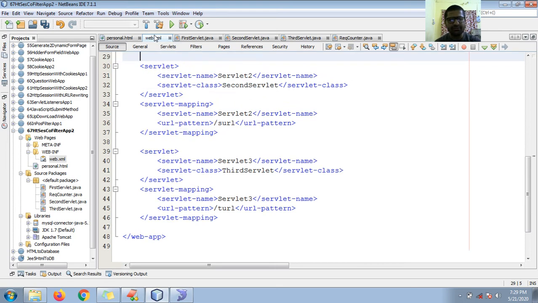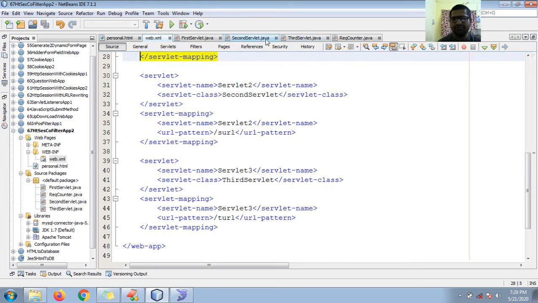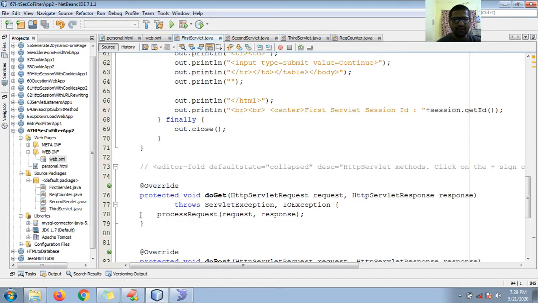So scroll up, save, and where should I go? Go to the first servlet. Okay, I'm going into doGet. Fine.